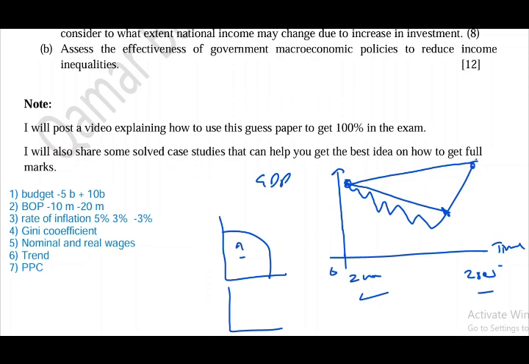If he asks to show growth in the economy with the PPC, then you can show a rightward shift in the PPC diagram, right? Or you may show a point moving from inside the PPC towards the PPC as well. So this is actual growth and this is potential growth. If the examiner mentions potential growth, then you can make this diagram. If he mentions actual growth, then you can make this diagram. But if he doesn't mention anything, then you can preferably make the second graph, this one.